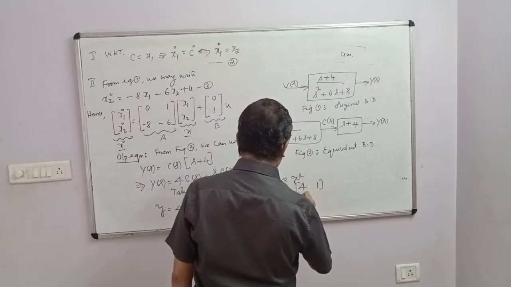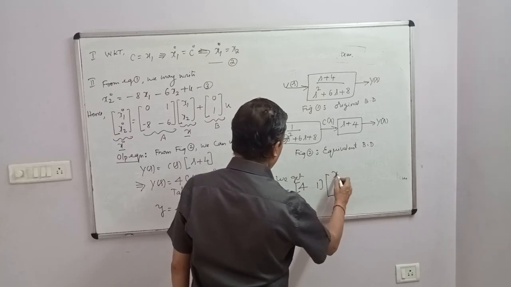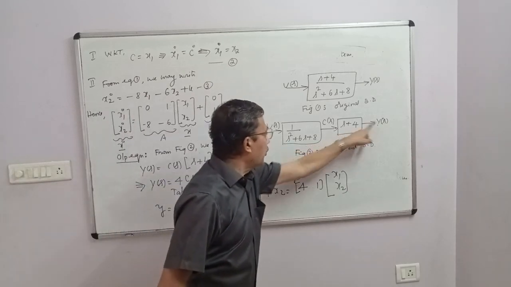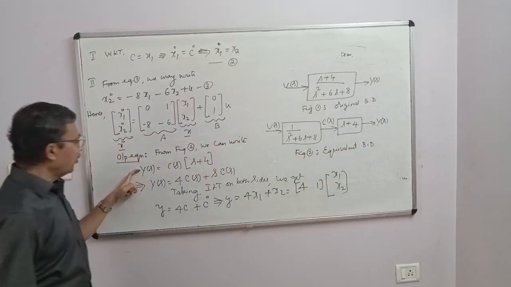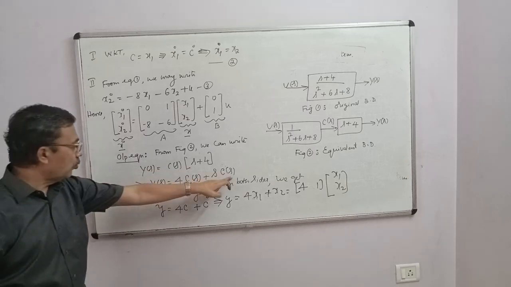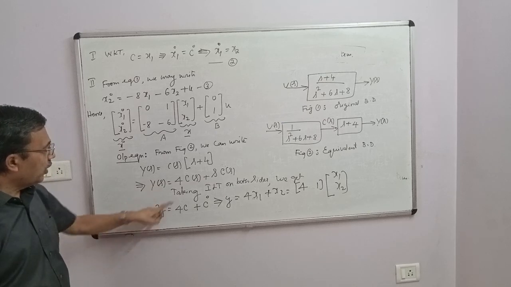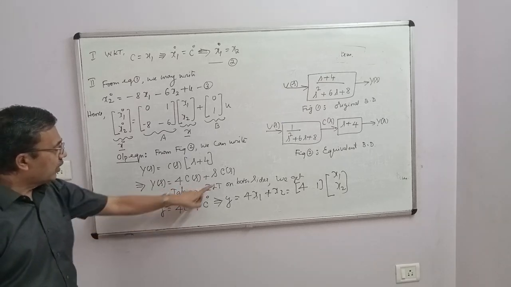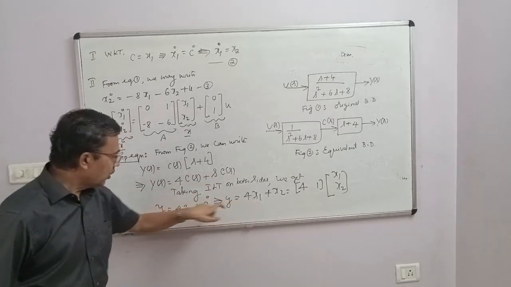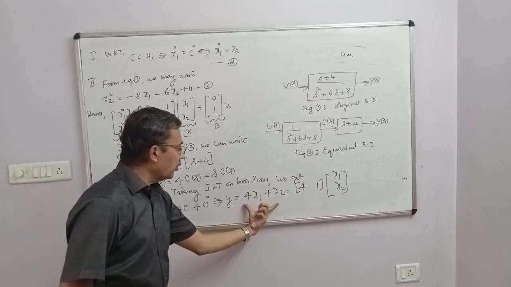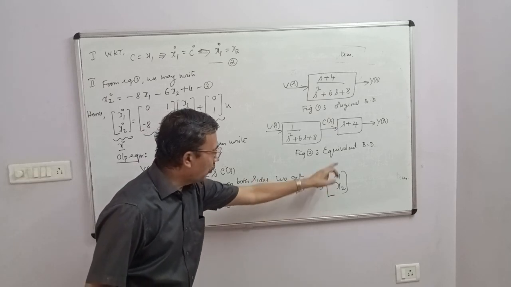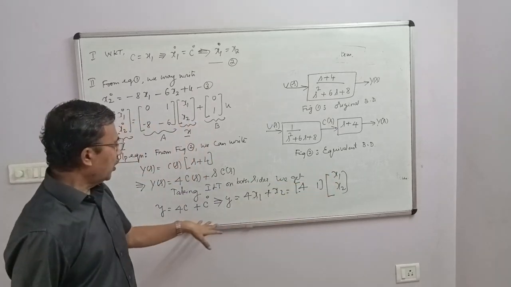The row matrix 4, 1 multiplied by the column matrix x1, x2. So what I have done is, output y of s is equal to input into transfer function that results in this equation. I removed the brackets, so we get this equation. I have taken inverse Laplace transform on both sides. Y of s becomes y of t, c of s becomes c of t, s into c of s becomes c dot. Then I replace c by x1, c dot by x2. This equation is now represented by the matrix equation having the row matrix 4, 1 multiplied with the column matrix x1, x2. So this is the output equation.